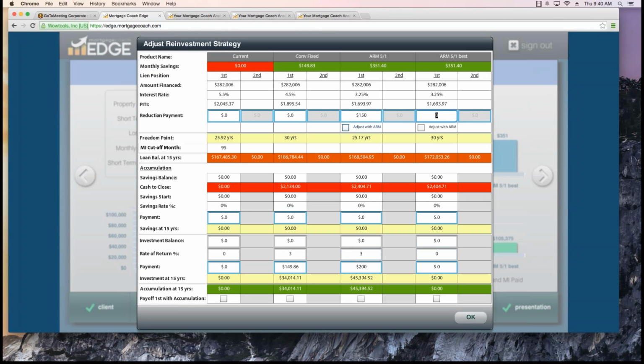Now let's talk about this button here, Adjust with ARM. What this will do is, I put in 150 in here. We'll take that out and we'll play it over here. Let's put the full amount in here, and I'm going to adjust with the ARM. What that is telling me, and this is actually going to work on the best case, is at the first rate change date, it's then going to look at your payment. So say if the payment went up for some reason $500 at that rate adjustment, you're applying that $351 each